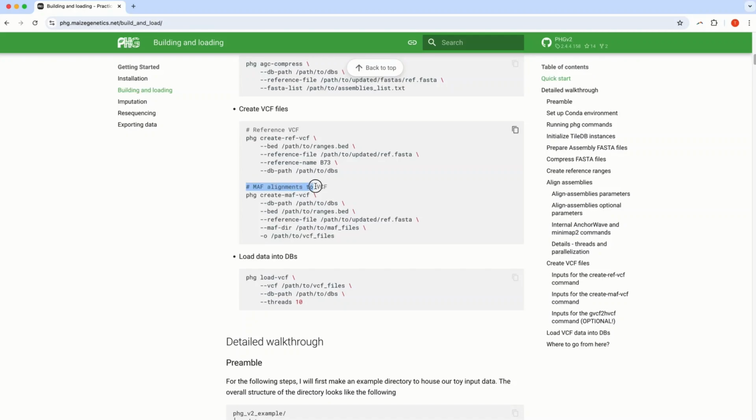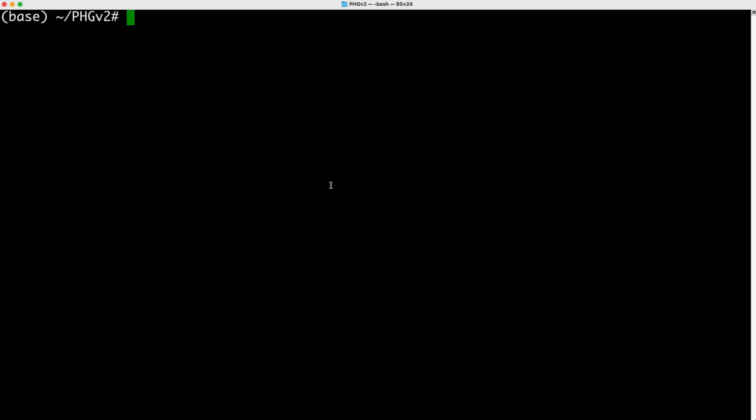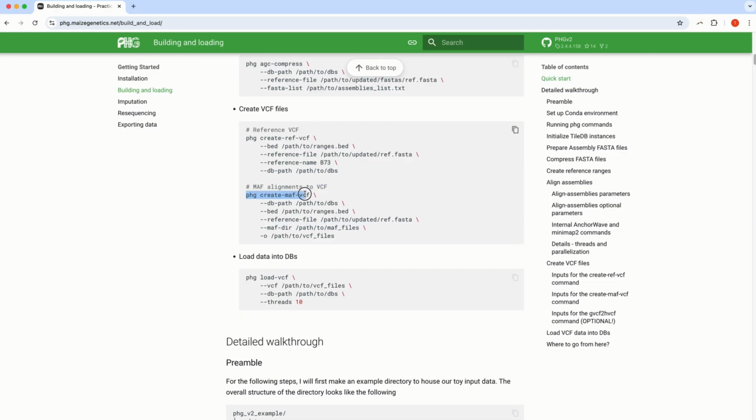Here we're going to create HVCF and GVCF data for the assemblies that were aligned against the reference in the previous step, align assemblies. First, we're going to create a directory for the output, which I'm going to name vcf-files. The command that does this is